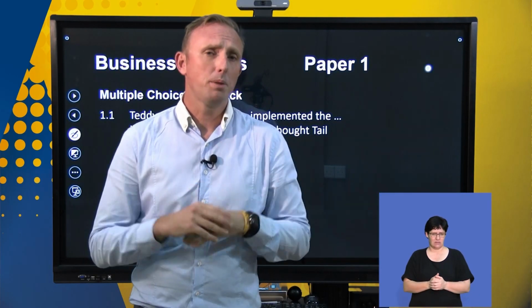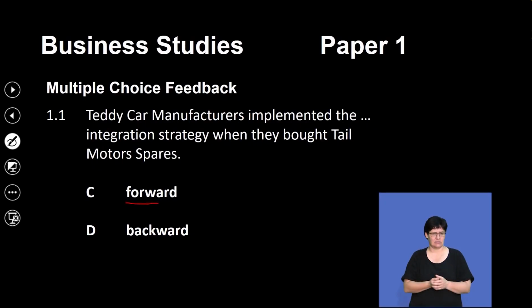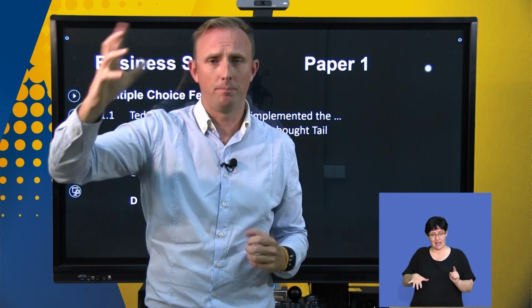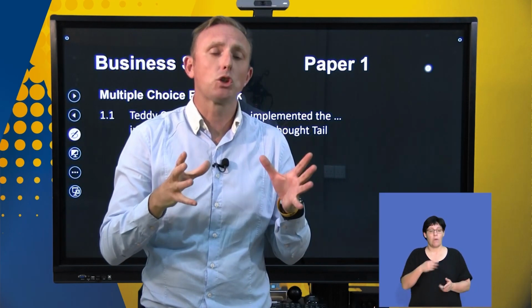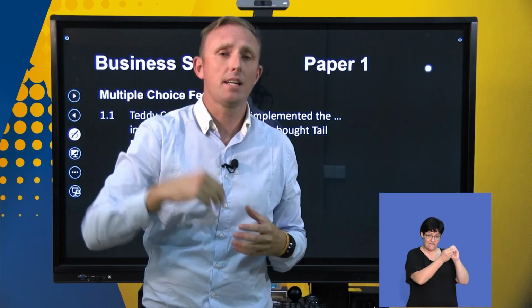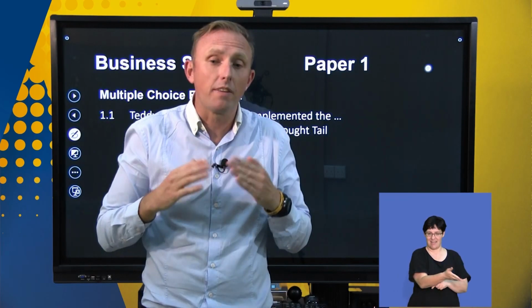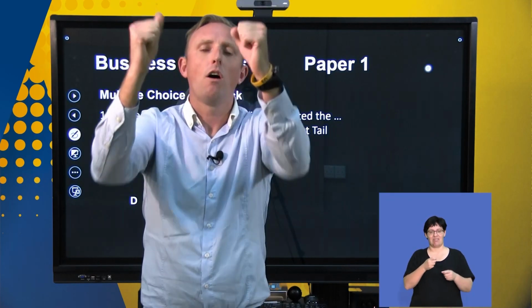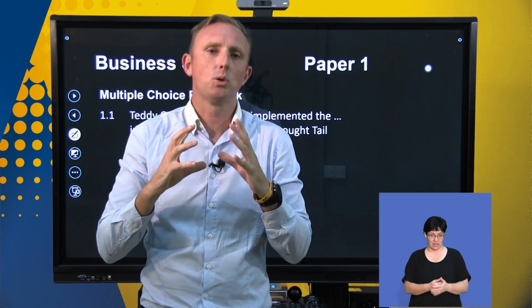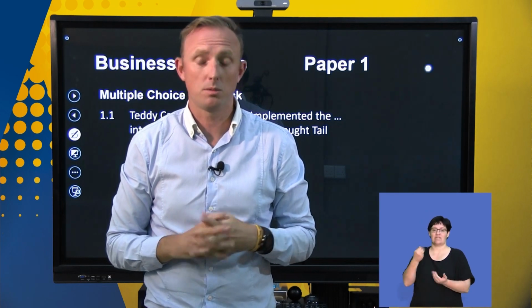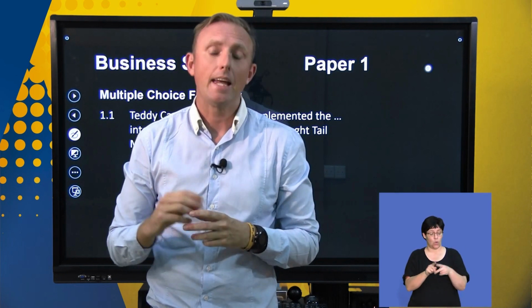So what could potentially happen here in terms of forward? Teddy car manufacturers make cars, and they're going to buy a car spares supplier so that they can make sure that the parts their customers are buying are of the correct quality for Teddy car manufacturers. There they are taking control of their distributors to make sure that their customers are getting the best products possible. Now, why it's also backward is because